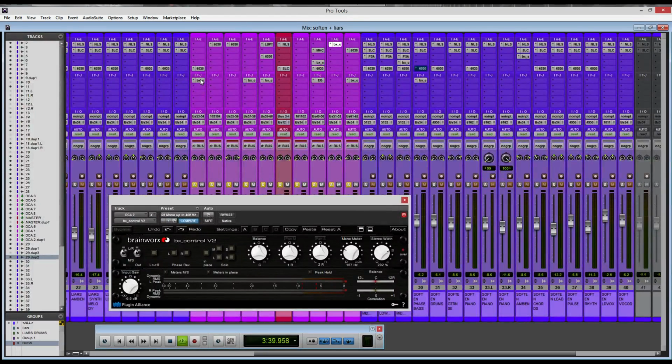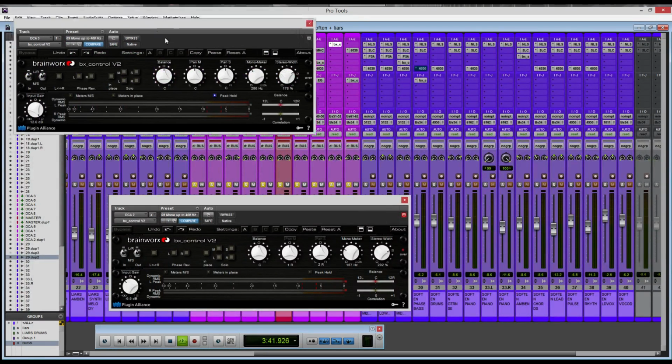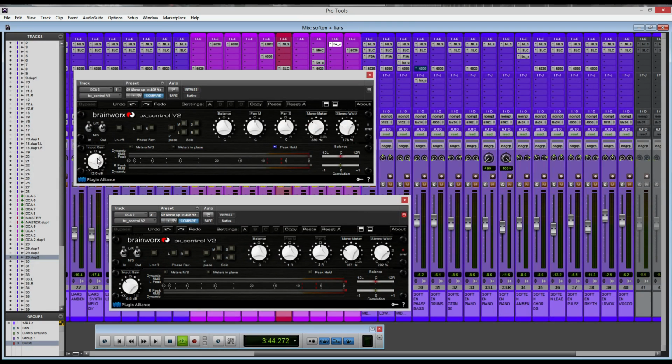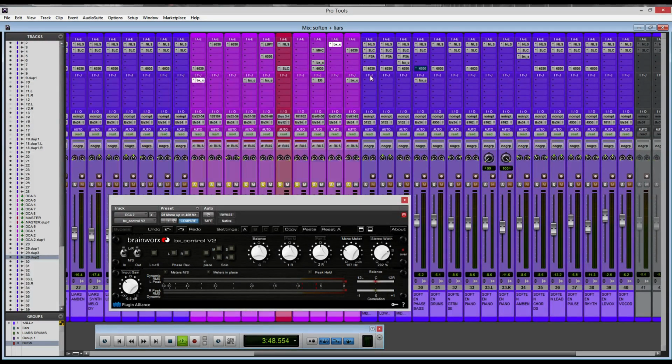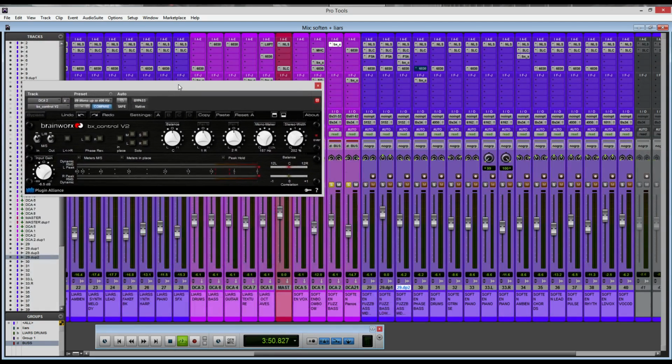I'll really quickly show you over here on a drum bus. I just have it dimed to hell, because that's what the bus needed. So it's a great plugin. It also has fantastic meters. So when we get these cooking,